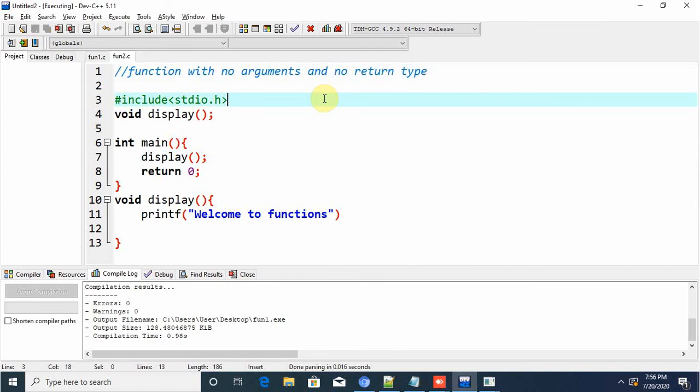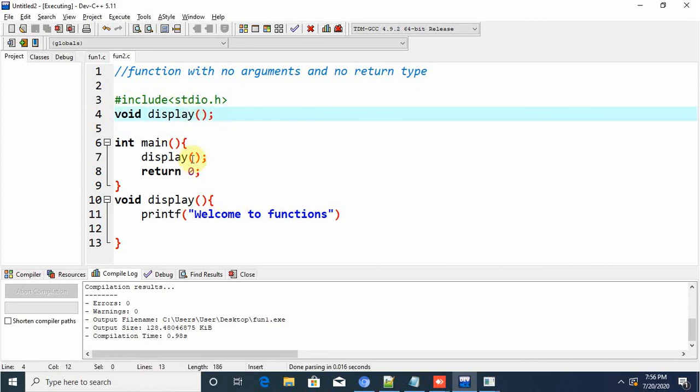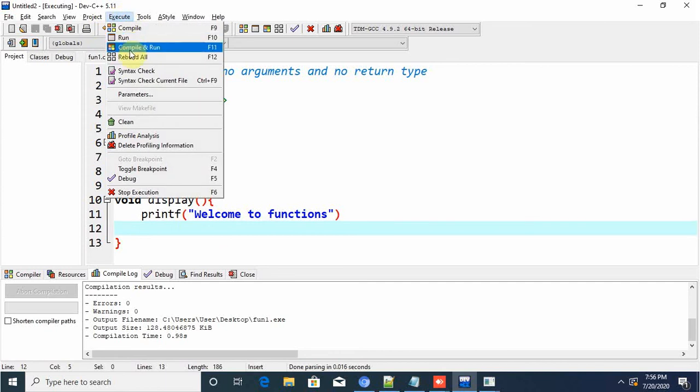So here you can see with no arguments, no return type. Simply what I made is that I have created one prototype main function. Simply I have printed a statement, welcome to function.